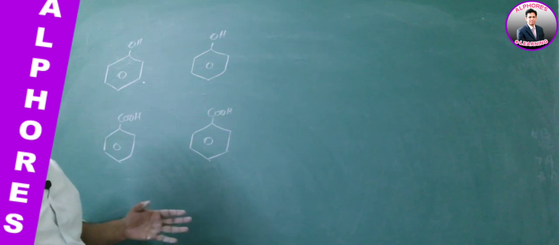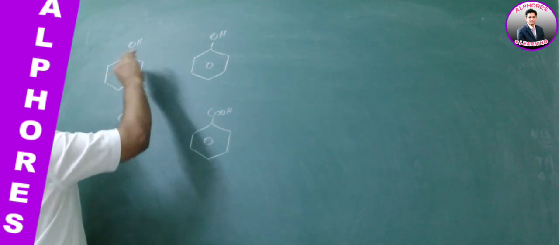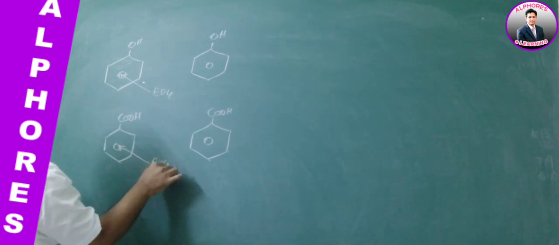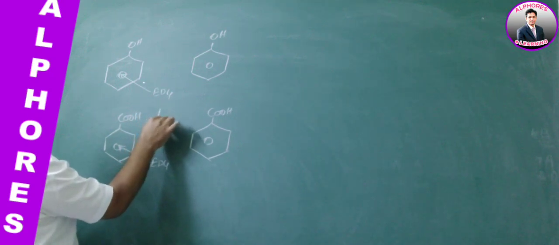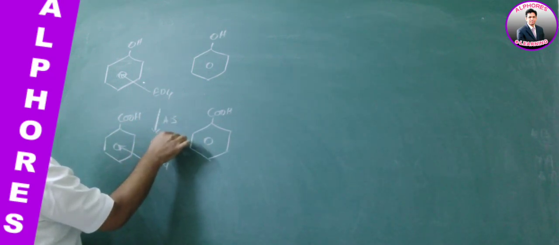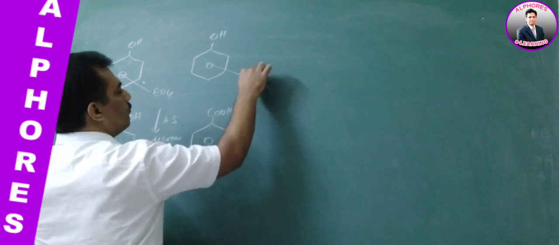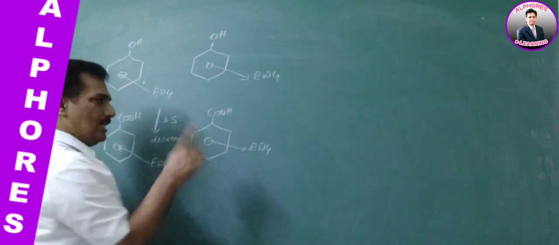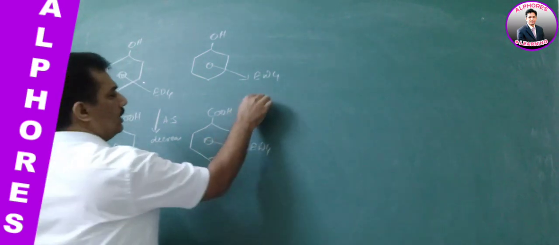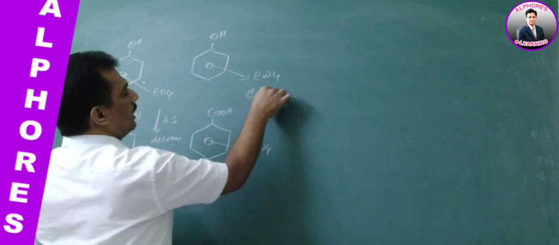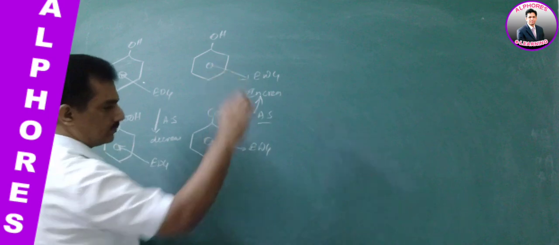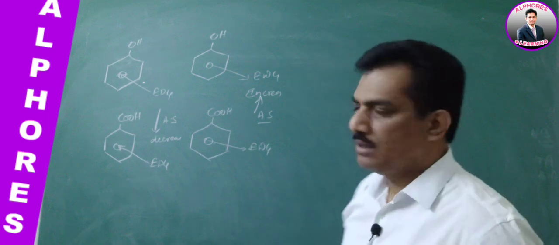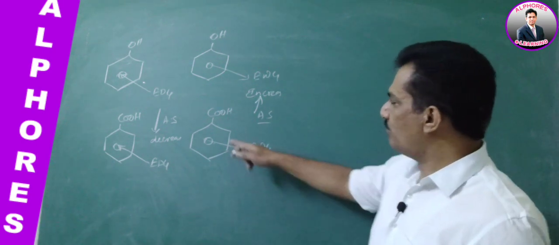Relatively, it is easy to memorize. That's why I am giving electron donating groups. In both these two cases, electron donating groups decrease acidic strength. Whereas electron withdrawing group, when we are considering an electron withdrawing group present at any position, automatically increases acidic strength. Clear? And now what we have to compare is the groups that are present at different positions.